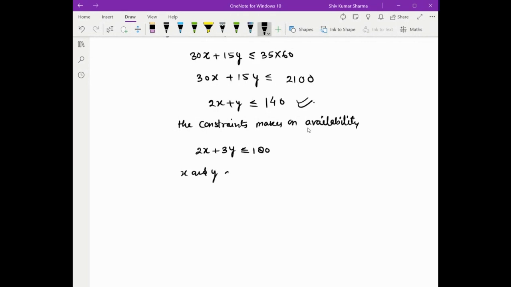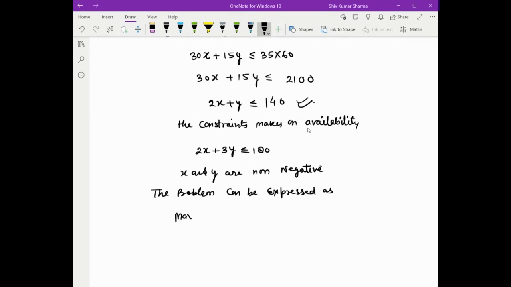X and y are non-negative. So we can write the problem can be expressed as